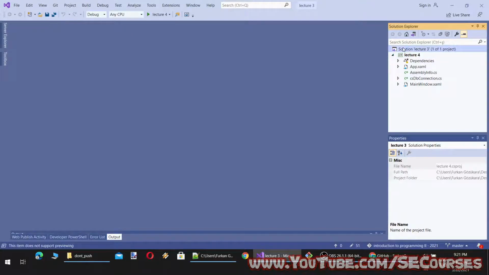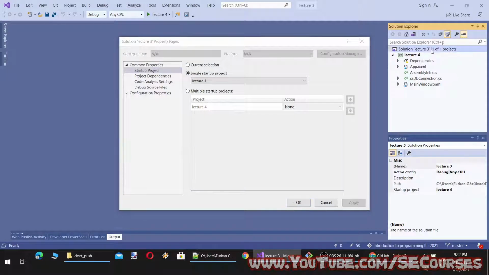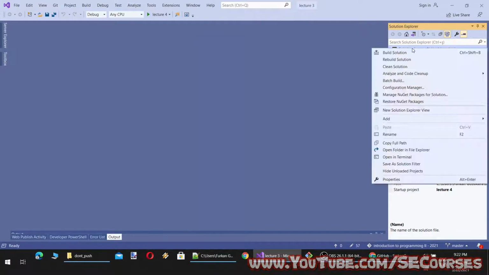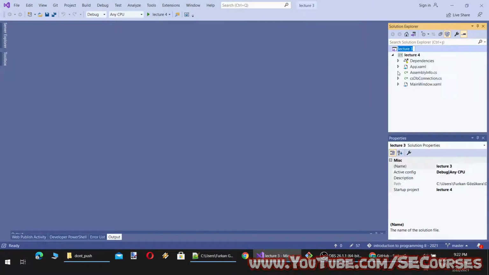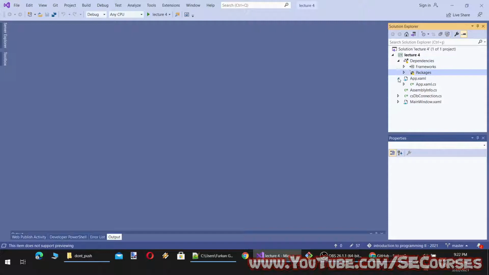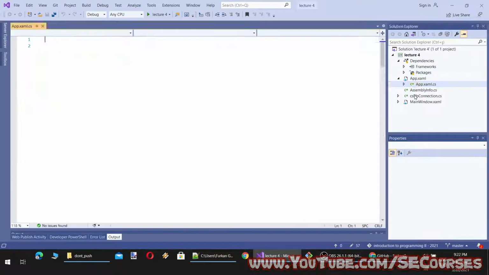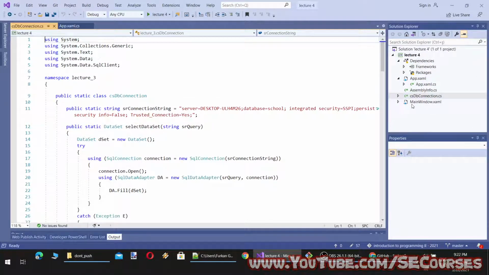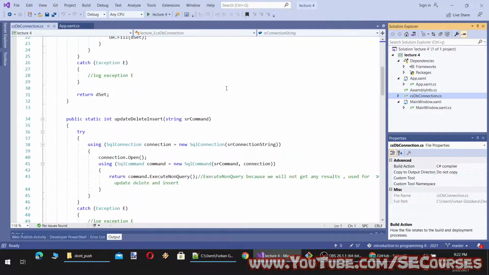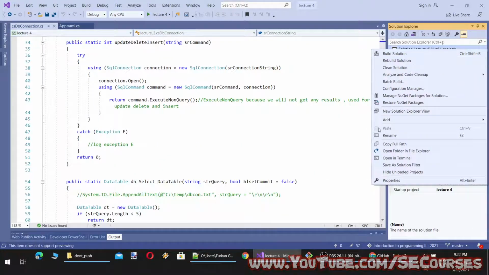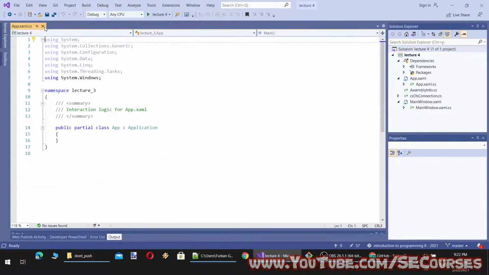Rename these two. This is not a complete rename, but it will at least change some of the names. Namespace is still lecture 3. I wonder if we can change the namespace.